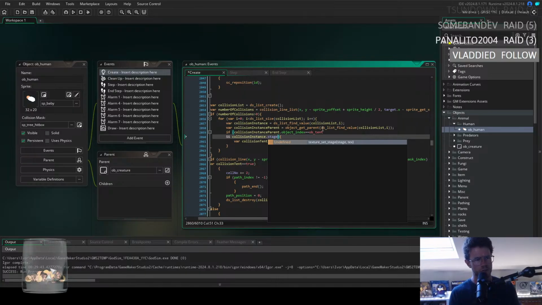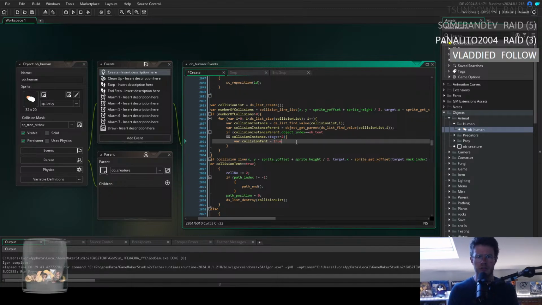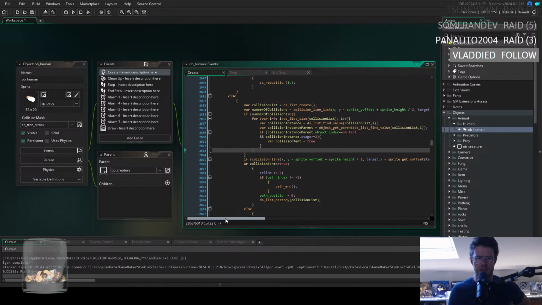Do you think we should be able to shoot through frames? Should it be only like finished tents? Because there's a lot of gaps between frames that you could shoot through. Why not? So stage greater than or equal to 2. So now you can't shoot through finished tents, we hope. It's not exactly easy to test this, to like set up an exact scenario where this works. But also